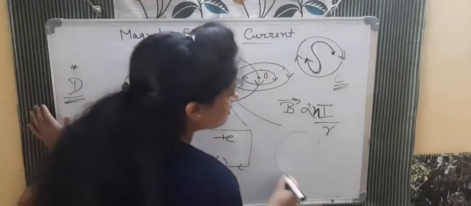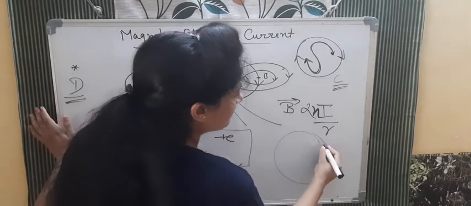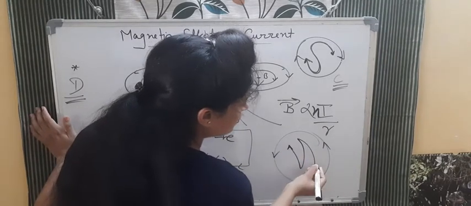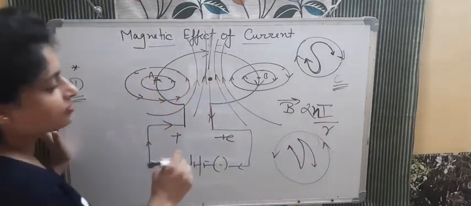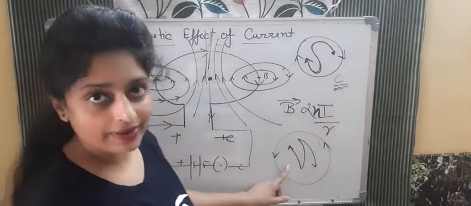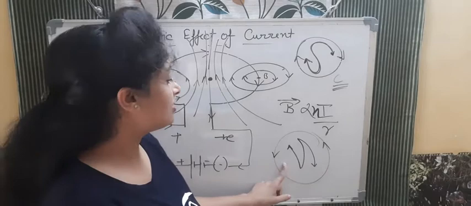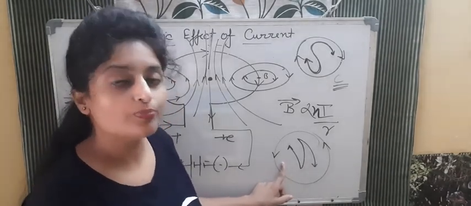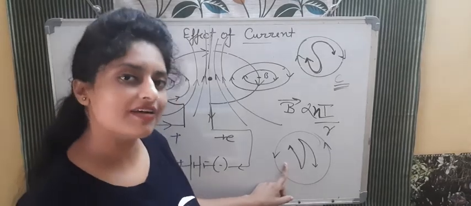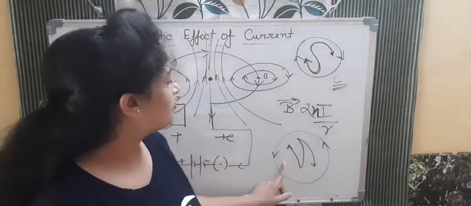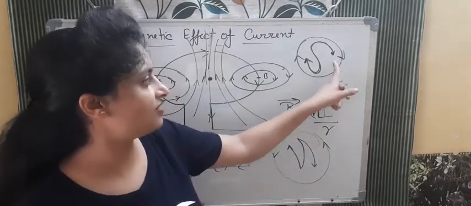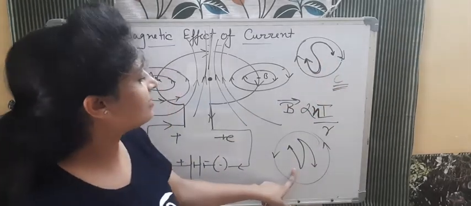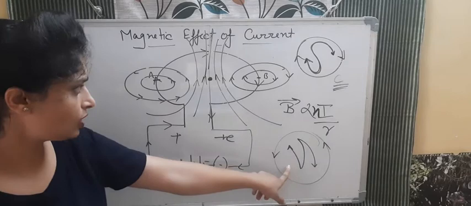If the current is going anti-clockwise, what kind of pole is this? This will be the north pole. So again I am repeating, this clock rule is there. What will the clock rule show? If you know in a circular loop the direction of current, you can find out the polarity. And how will you find out? If it is clockwise, then it will behave like a south pole. If it is anti-clockwise, it will behave as a north pole.